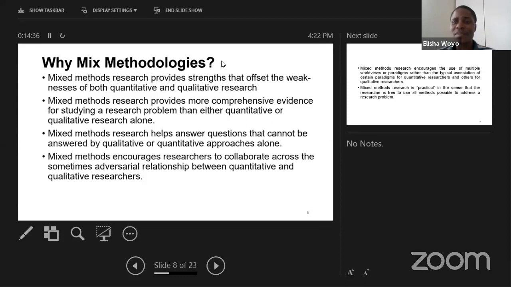So if the research problem cannot be understood from a quantitative perspective and it requires both perspectives, then that should be the justification you use: that I am mixing methodology because I'm seeking a comprehensive understanding of the problem that I'm dealing with, which cannot be solved either quantitatively alone or qualitatively alone, but a mix of these methodologies is likely to be helpful. It's that whole narrative that I often find missing when students are doing their methodologies. You ask them, why are you doing a mixed method? They don't give you proper justification. But this is the kind of reasoning that examiners and other people reading your work are looking forward to